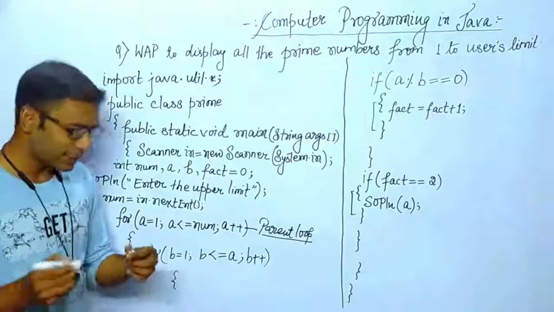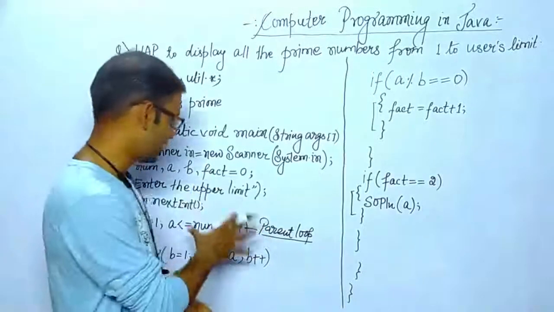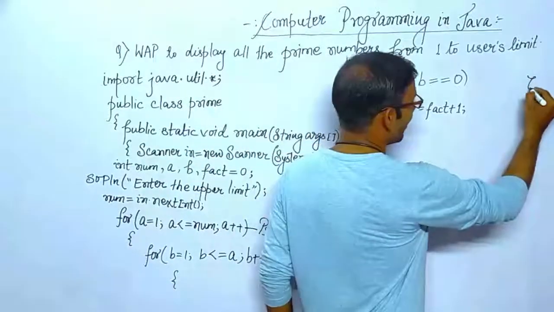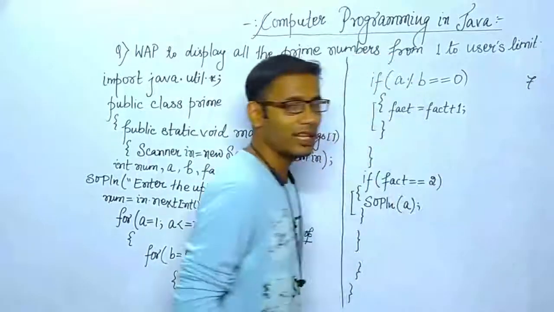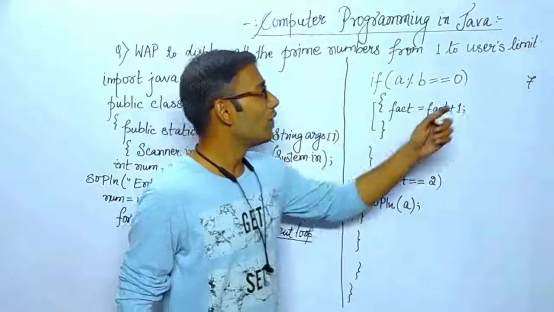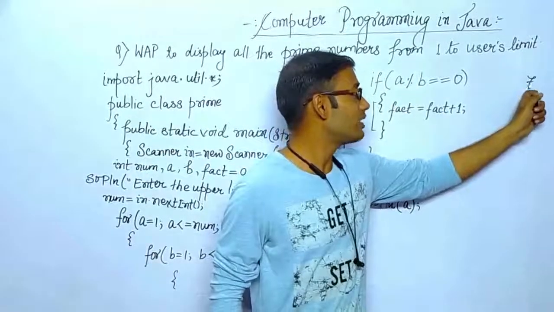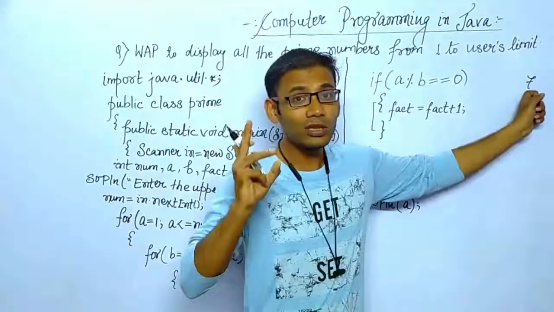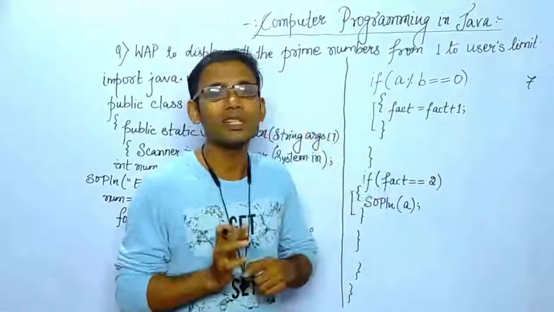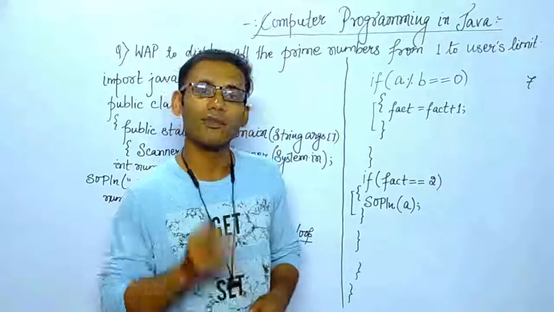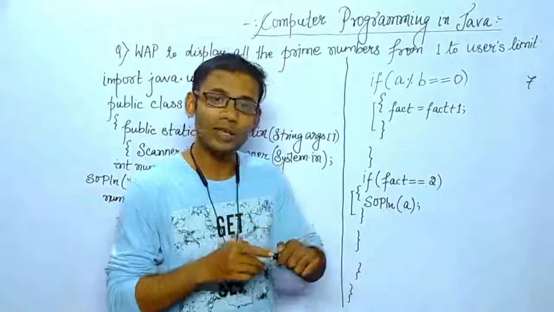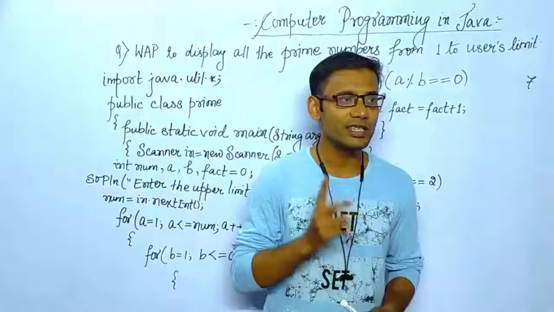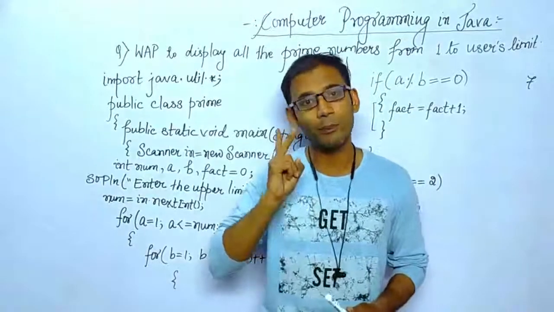Okay, let's understand the methodology upon which this program is working. Let's suppose we need to check whether 7 is prime or not. What shall we do? We need to check whether the number of factors which can divide 7 is 2 or not. Only 2 factors. Prime numbers means what? Those numbers which have only 2 factors, that is 1 and itself. None of the other numbers should divide that number. A number which has only 2 factors is known as a prime number.